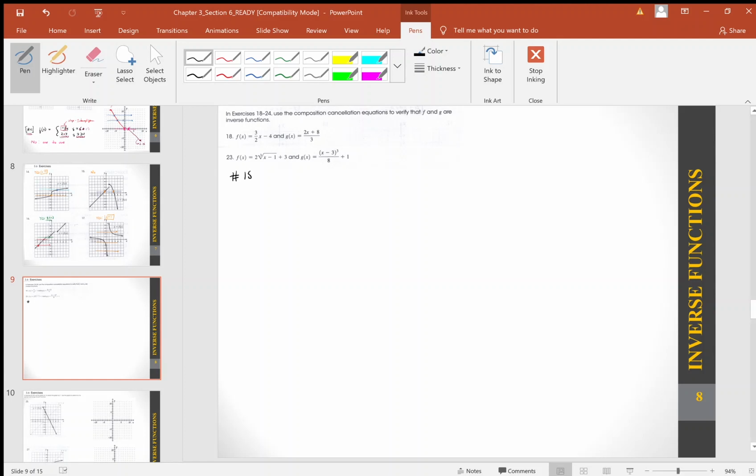This is number 18, where f of x equals 3 over 2 times x minus 4, and g of x equals 2x plus 8 over 3. So our solution,